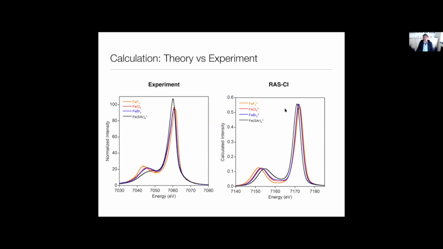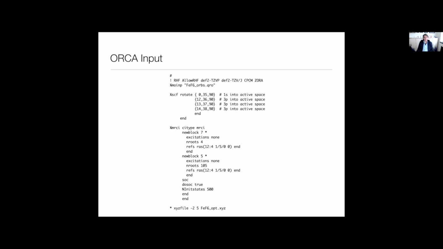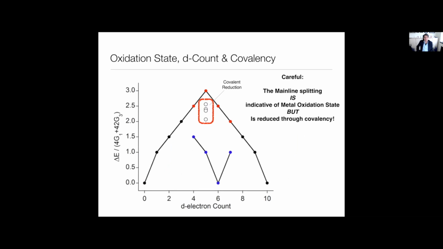That is the RACI calculation, and the experimental trends are very well reproduced, even pretty much quantitatively reproduced. It's actually easy to do. That is the input for ORCA for doing these calculations, and I'm sure that Dimitris and Anneke will walk you through how to do that. It's a few lines of input. You just need to count your electrons right, and that's all that is required, and the calculations just take a few minutes.